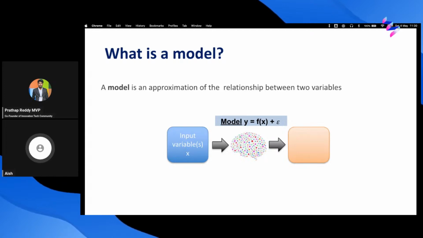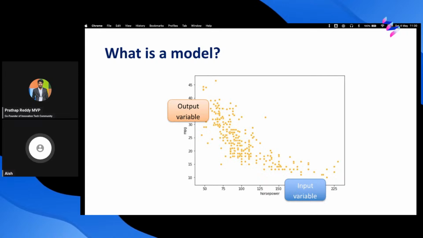Some functions are linear, some functions are quadratic, some functions are exponential. So based on how much you increase x, how much is y going to change its behavior. This is in essence what a model is: just a relationship between two variables. This is a visual representation of it. If you have input variables over here, like horsepower, 75, 100, 125, or 150, and this is the output variable, you can plot it like this and then you can get the curve. This curve is in essence how the ML model is represented graphically.